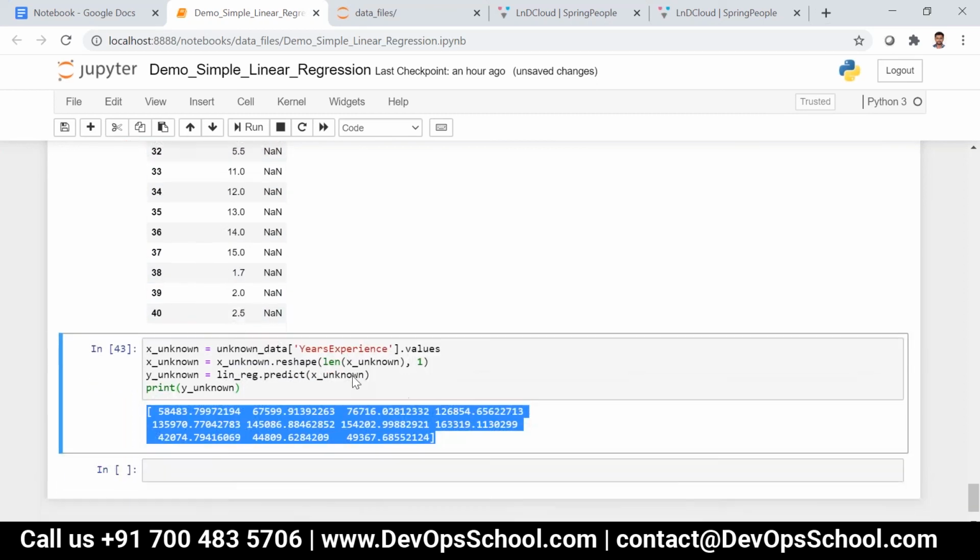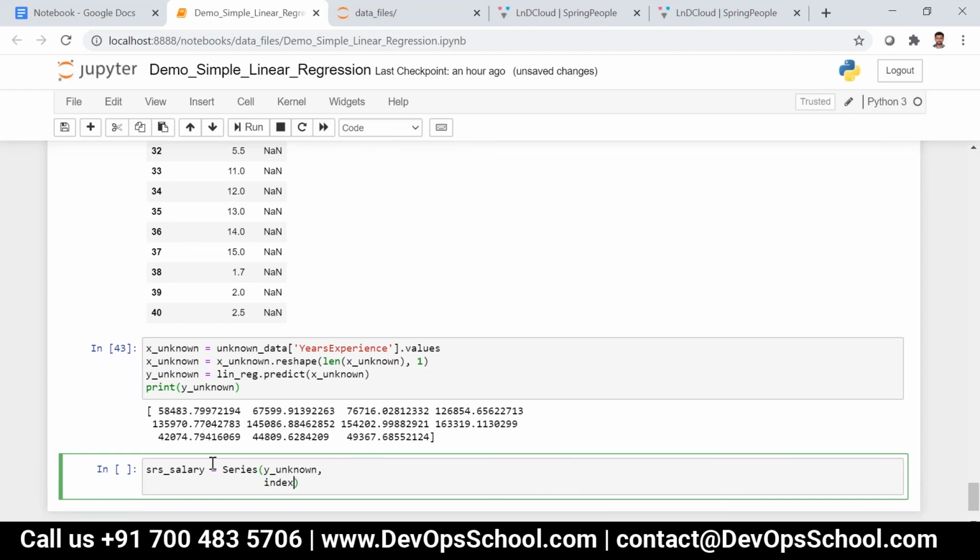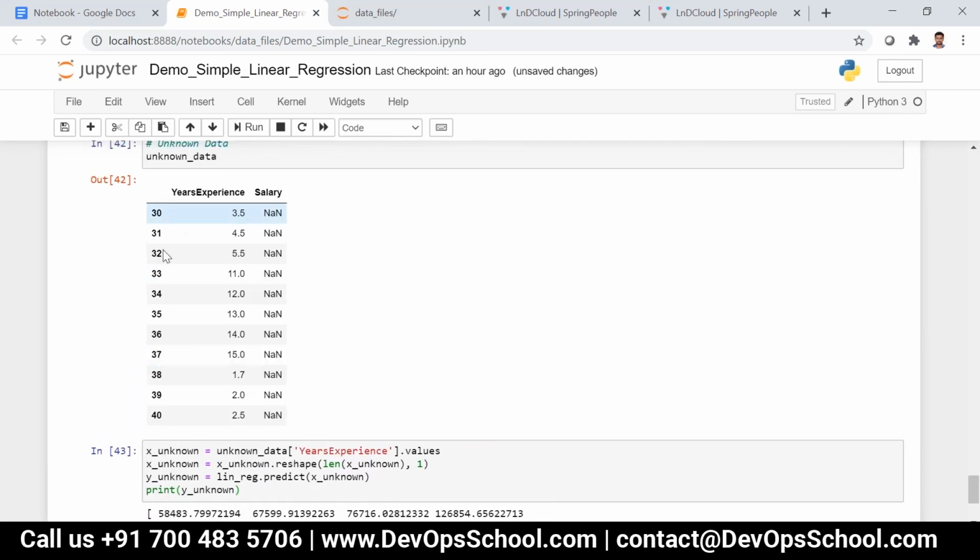Now we need to merge this particular value over here. In this case, we can create the series: SRS_salary equals series of y_unknown, and then I can give the index. What is the index starting point? 30, and the ending point is 40, right?